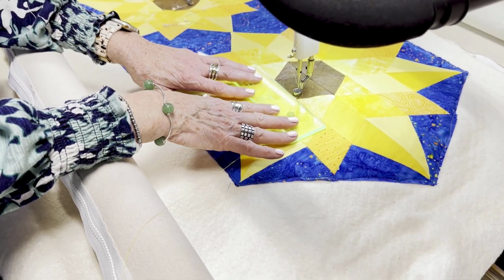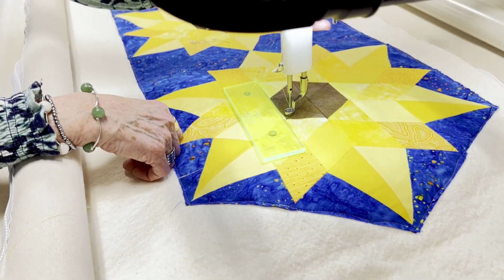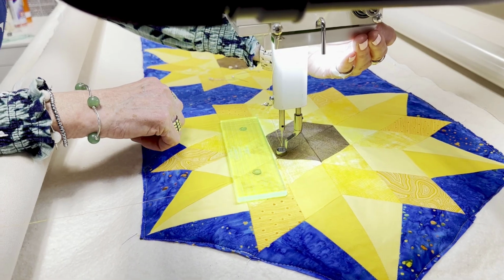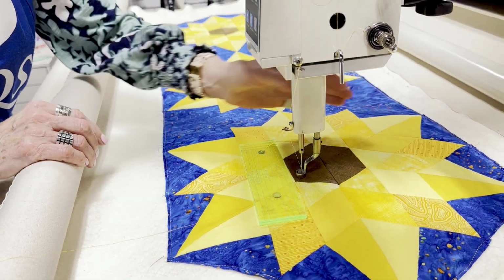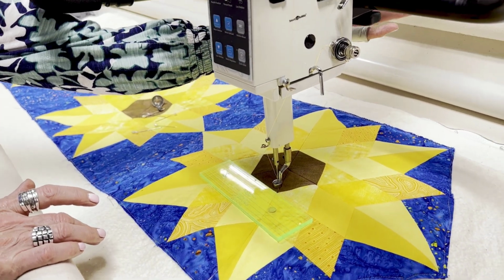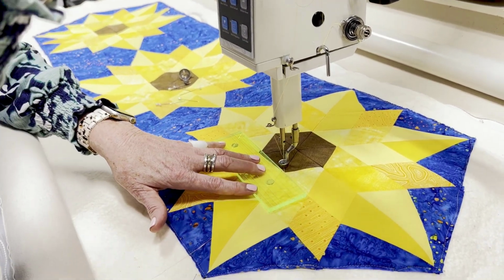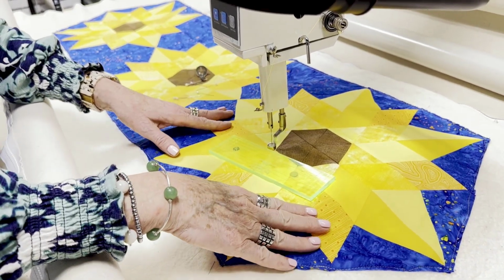One of the things I do when I am doing ruler work is I might turn off my LED light because it gives a reflection on the ruler and sometimes it's hard to see. So I just reach up there and flip it off. I still have enough light to see, and I've also turned off the light on my throat if you have that light as well. So then I can manipulate my ruler, and I have a nice foundation to be able